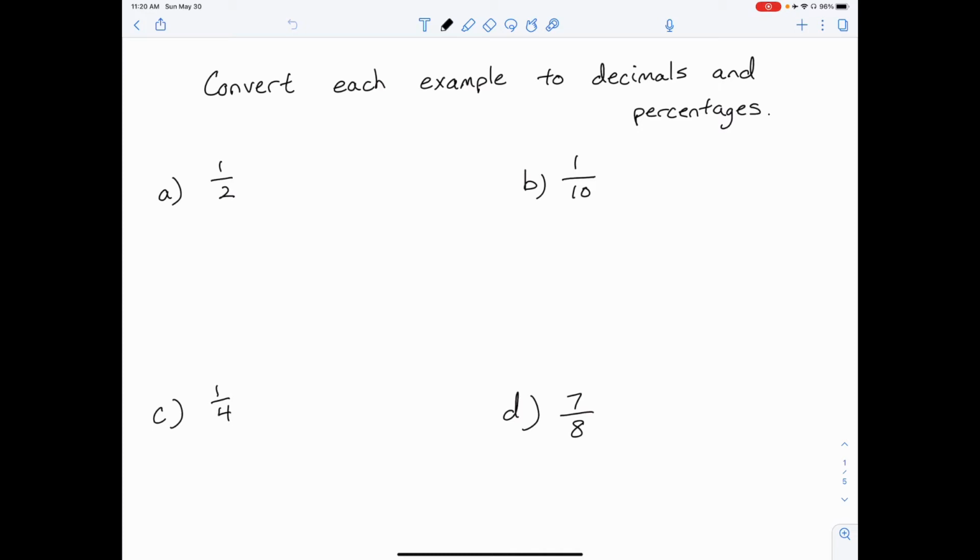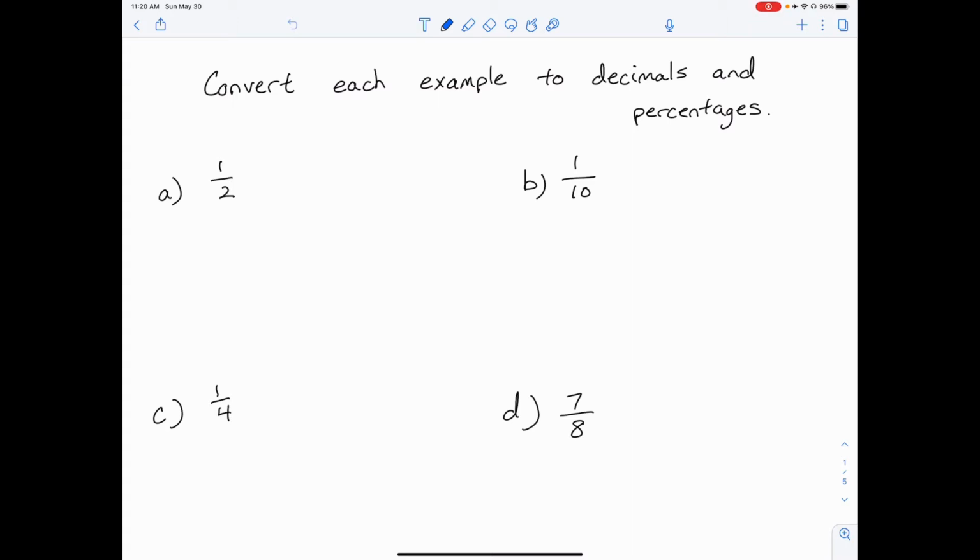Hello everyone. Today we're going to be talking about how do we convert between fractions, decimals, and percentages. So in all of our examples today, you're going to see what we're going to start with and how we're going to convert them into the other two types. So here's our first example where everything's in fractions and our goal is to change everything into decimals